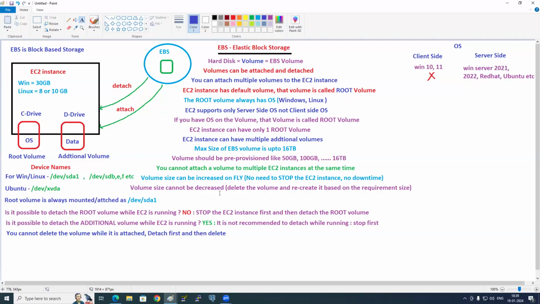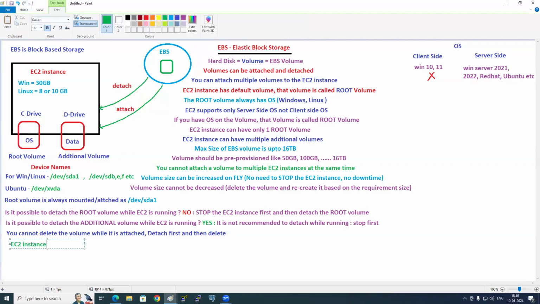Remember, can a 1B volume be attached to a 1A EC2 instance? Yes or no? I'm repeating. Answer is no, because it is in a different availability zone. Okay. Can a 1A volume be attached to a 1B EC2 instance? Answer is no. I have a 1A EC2 instance and a 1A volume, can I attach it? I have a 1B EC2 instance and a 1B volume, can I attach it? I have a 1A volume and a 1B EC2 instance, can I attach it? Understood now. So the EC2 instance and volume should be in the same availability zone. Those are the certification questions.